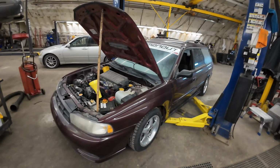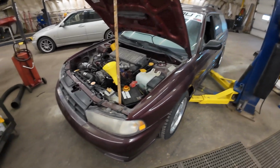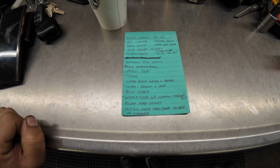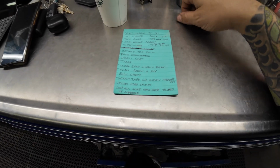Hello, back at it again with this old unit. We're going to be working on it a little bit today. We've got quite a few things to do. Finish off the oil change, put some new tranny fluid into it, mess around with the ride height, do alignment